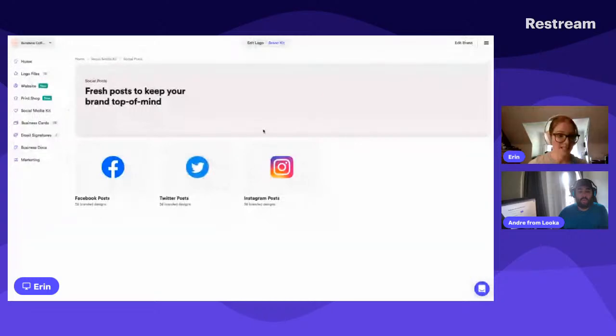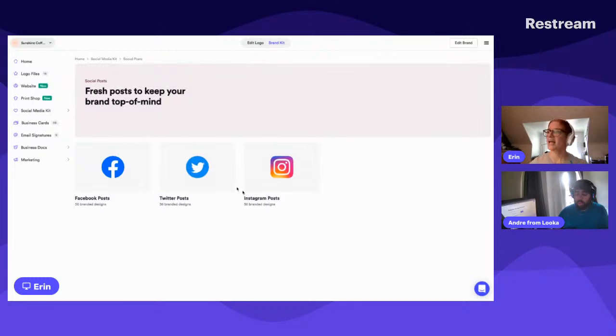They're sized exactly to what you need on those platforms. And they're going to bring in the custom copy and photos. So you can always have new photo ideas. Every time you log into your brand kit, this is a little FYI, some of the photos do update because, again, when you pick that category of business you're in, we're pulling from Unsplash, a stock photo site. So every time you open it up, you're going to see